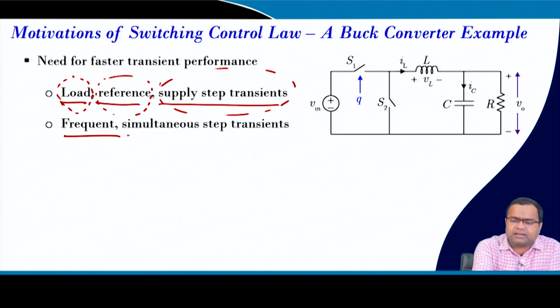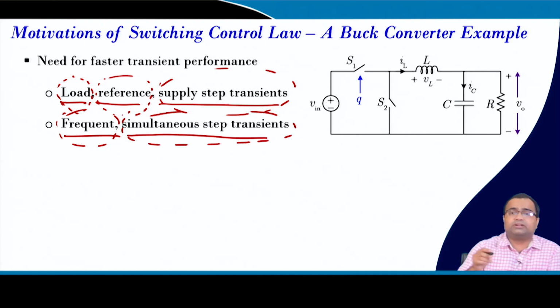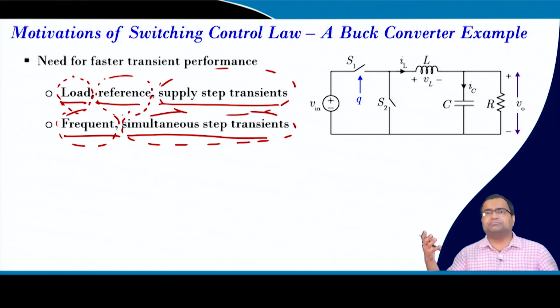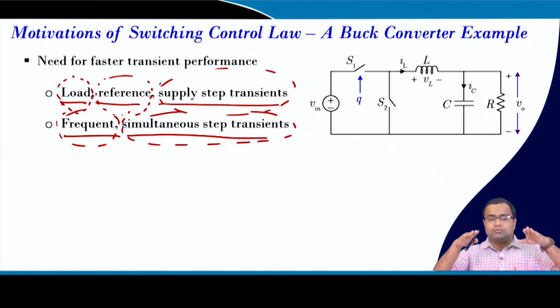Now, there can be simultaneous transients, and the load transient can happen more frequently. In dynamic voltage scaling applications, the reference voltage and the load can change together, because we are talking about a DVS enabled system where we need to optimize the dynamic power. When suddenly one task requires a certain voltage level, we need to change the voltage. Suppose the voltage requirement is high; that means the task is more intensive and we need to finish within a deadline. So the load is already high, and we also need to increase the reference voltage. So, there can be simultaneous step transients.